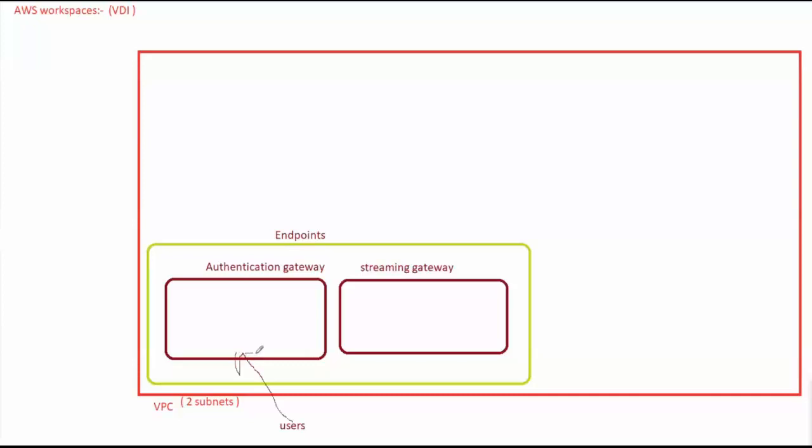When it is sent to the authentication gateway, it will go over port 443. Once the details are received by your authentication gateway, in the backend we are going to have a directory service running.